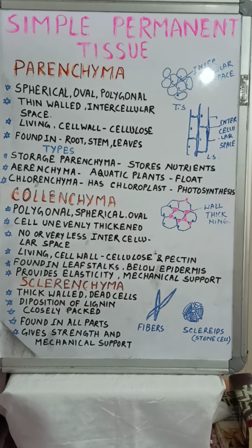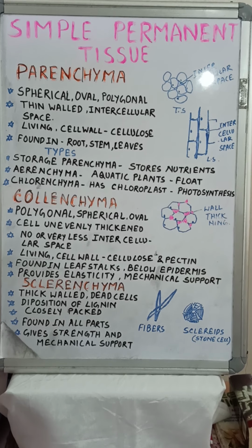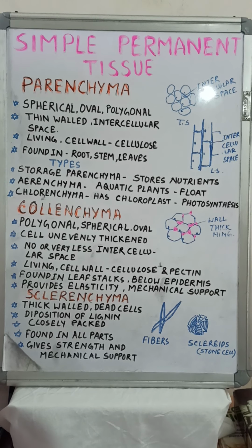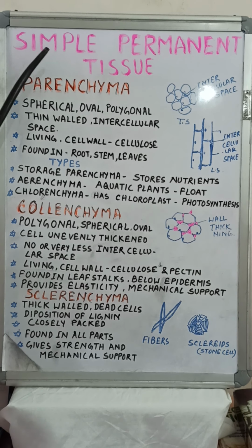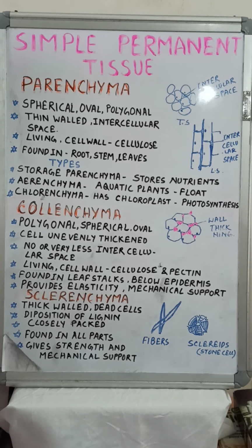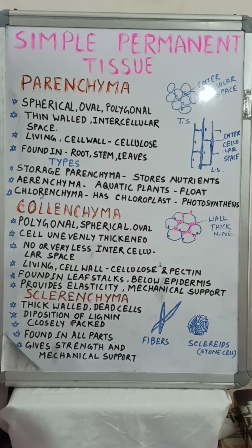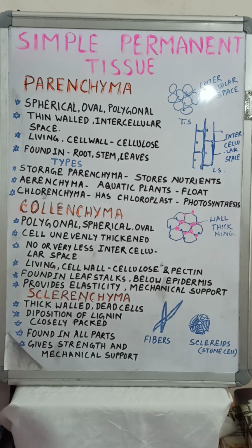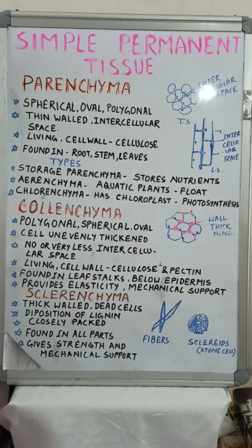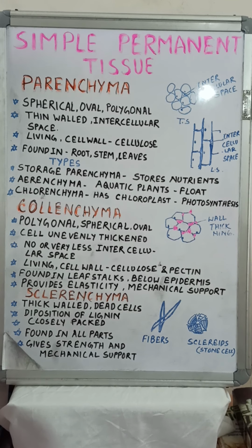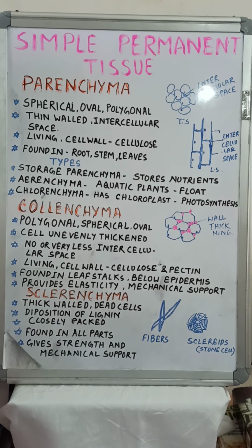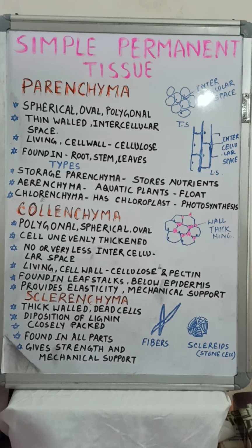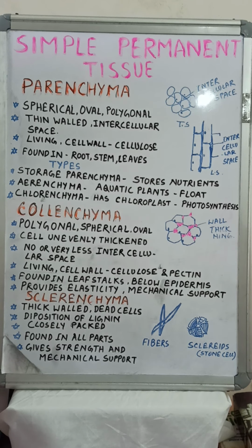Now, today we are going to start with the types of permanent tissue. As we have discussed, permanent tissue is of two types, simple permanent tissue and complex permanent tissue. The simple permanent tissue are composed of similar types of cells which have common origin and function. So, simple permanent tissue are the tissue made up of cells which are similar in structure and perform a common